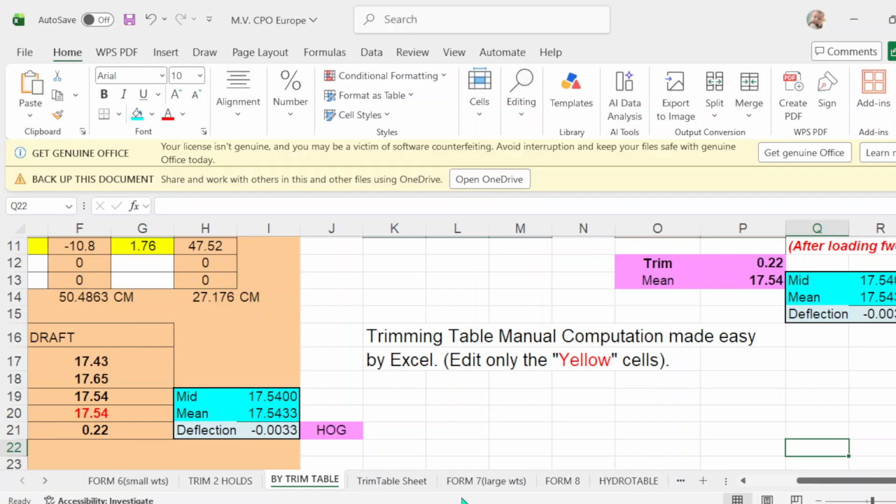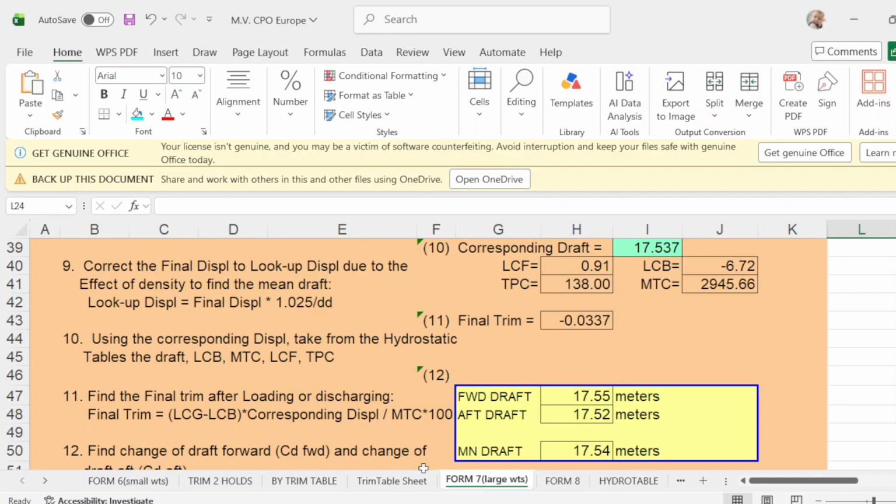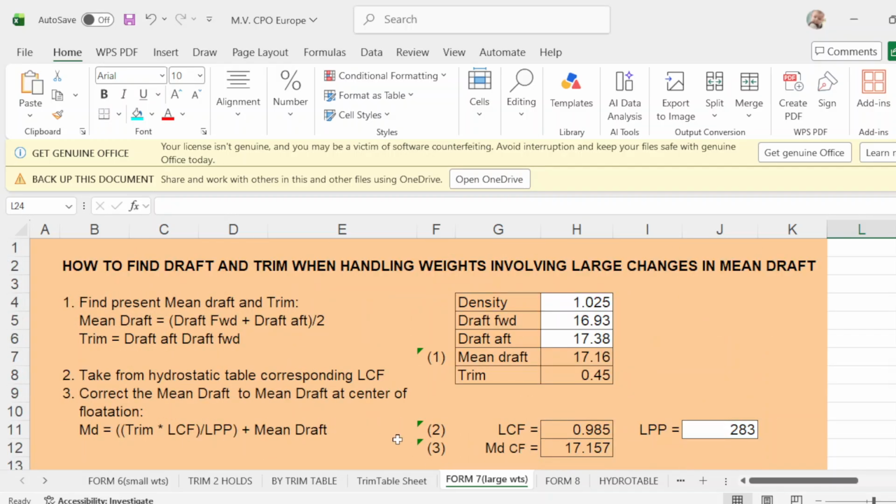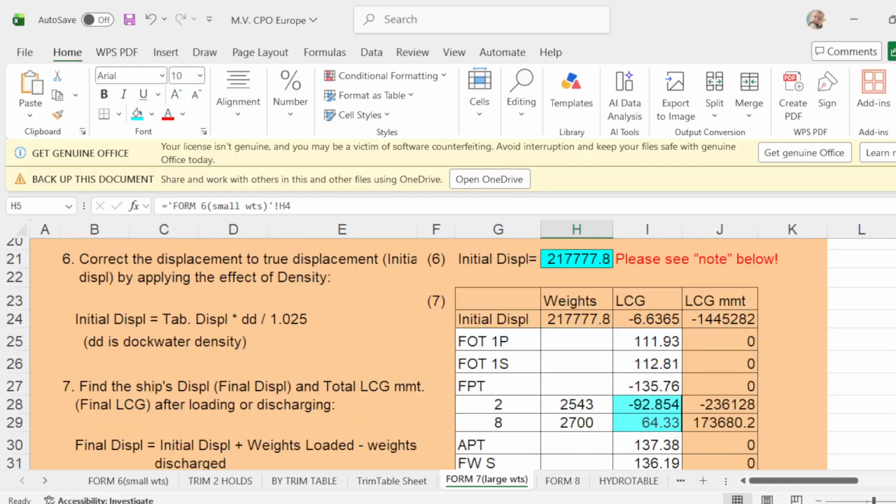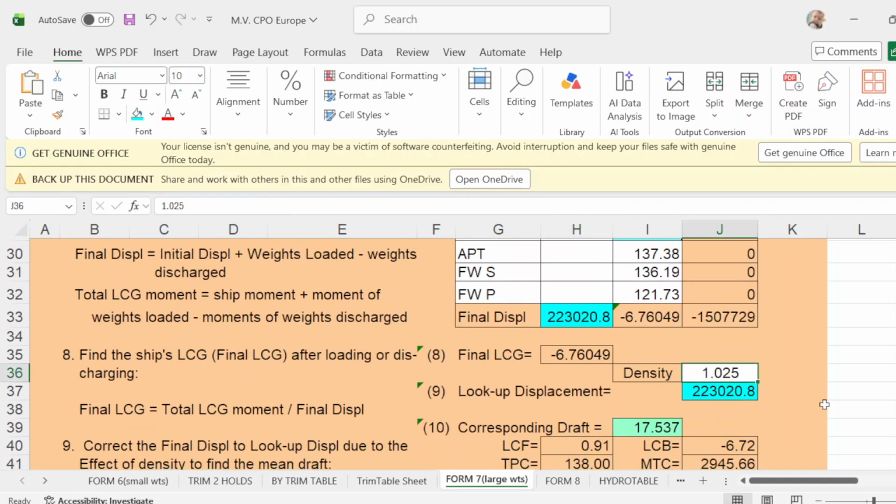Then we go to form number 7. The initial density for start of loading is 1.025 and completion of loading is 1.025. Okay.